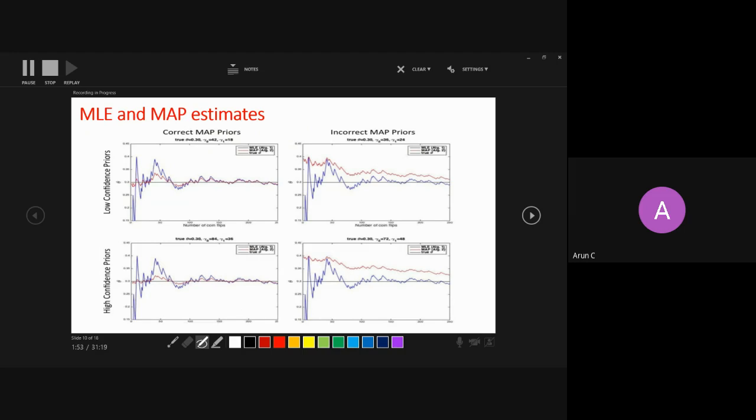And this red one, you see this red one is more closely kissing the true estimation. And once you are increasing the number of trials to more than 200, then you see that both estimations, whether it is a MAP where you have used imaginary numbers or whether you have MLE, both converge to the true estimation with a very small degree of error, right?